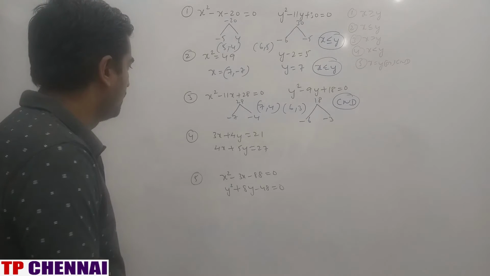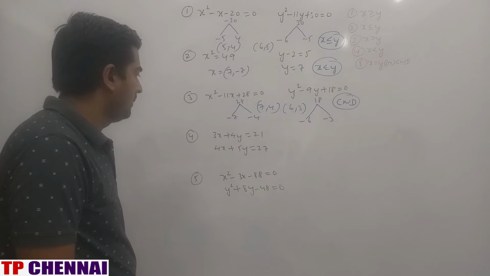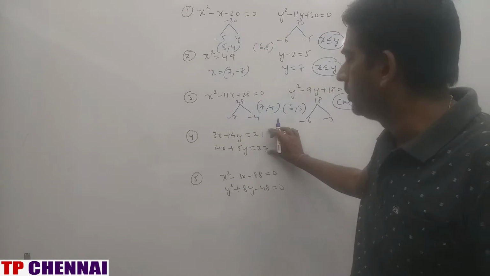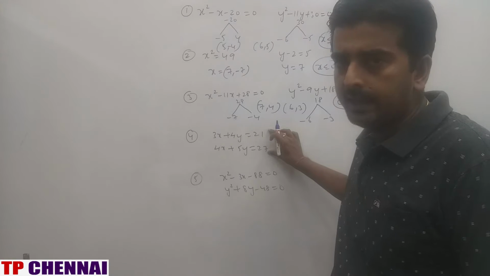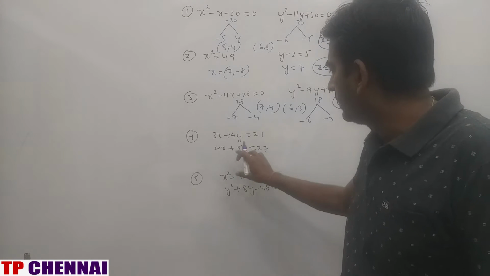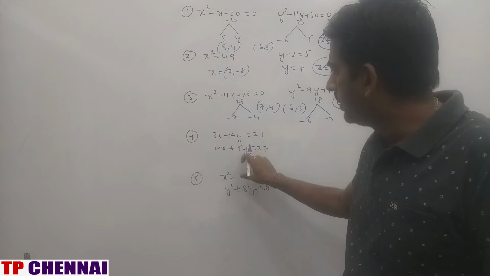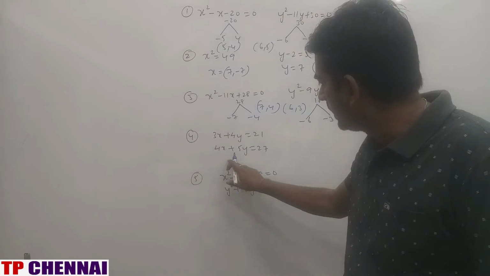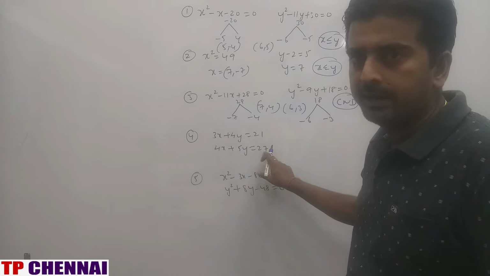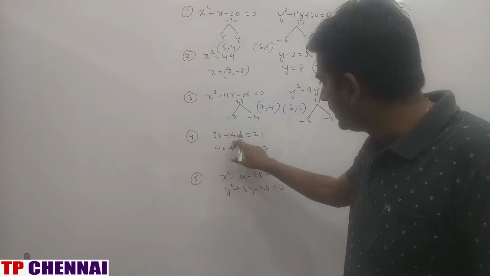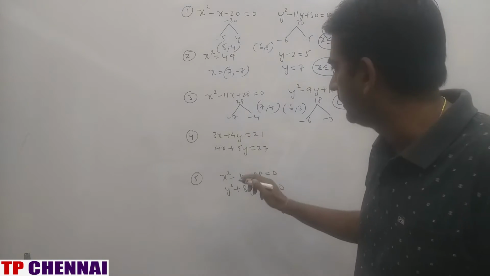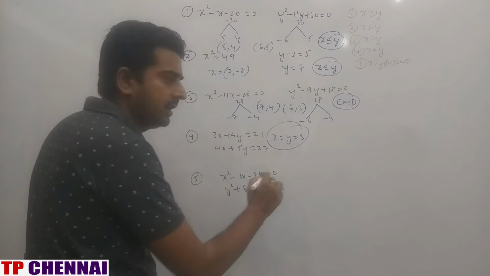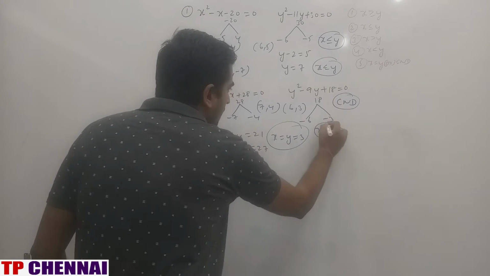Then fourth one, 3x plus 4y is equal to 21, 4x plus 5y is equal to 27. Now there are two ways. One way is you solve the equations, or else, mostly in the examination, go with the hit and trial method. Keep the values of x and y in both equations to satisfy both. If you keep y is equal to 3 and x is equal to 3, 5 3s are 15, 4 3s are 12, condition satisfied. Keep again y is equal to 3, 4 into 3 is 12, 3 3s are 9. So condition satisfied. That means x is equal to y is equal to 3. So my answer is x is equal to y, or C and D.